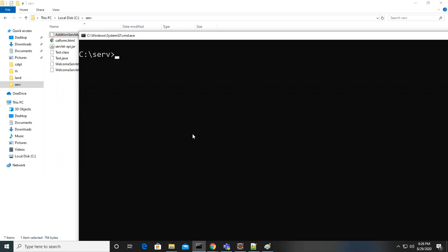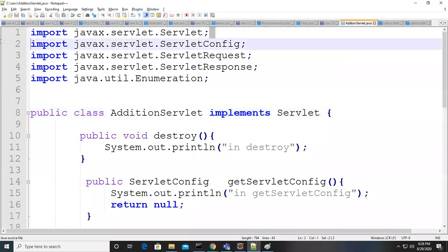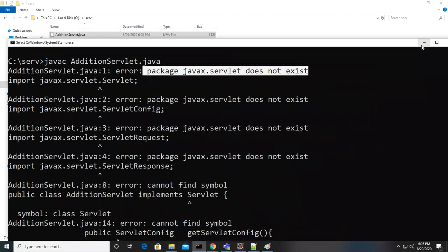Where is that javax.servlet available, guys? Look at this error, it is saying the compiler is not able to find javax.servlet. It is available in the Servlet API jar file.